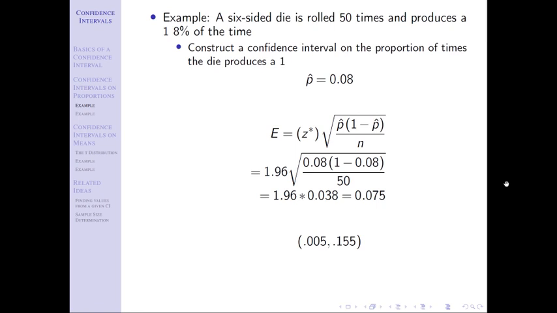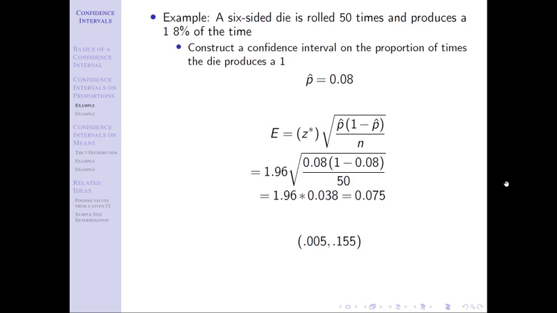Then the second thing is you need to tell me what metric we're using. For now, we've got proportions and means that we work with. Could we do this on medians? Yes, we could. Standard deviations? Yes. Variances? Absolutely. We're not going to do that in this course, but we could do it on any metric. The metrics we're going to focus on are proportions and means, so you need to write one of those words depending on which one it is.